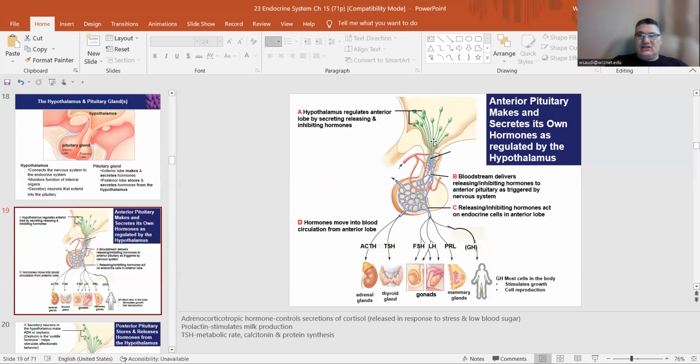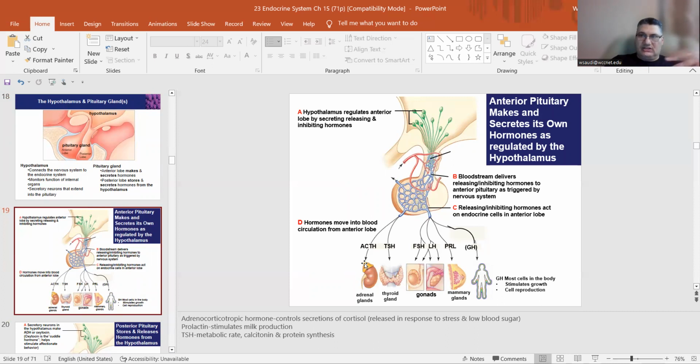It will secrete certain hormones in the form of orders. These will go to the anterior pituitary. The anterior pituitary will say, okay, I understand this language, but all these endocrine organs do not understand it. I have to make a translated order or a translated hormone that these glands understand, which is ACTH,